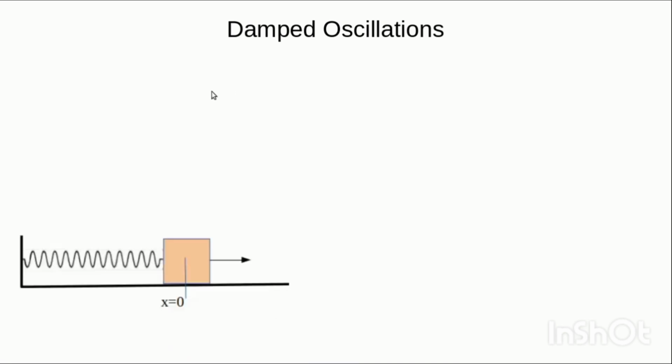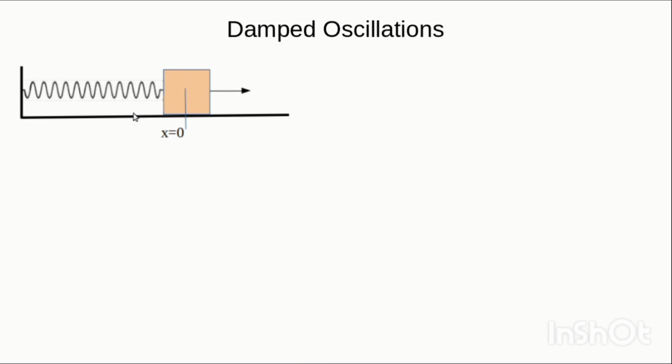So we'll start with this diagram. We have a block that is connected to a spring. Now, this spring, when it is unstretched or not compressed, its original position is x equal to 0. So when you apply a force in this direction, just like in our previous video, we'll have what we call the restoring force, which tends to bring it backward. And because damping is involved, there is also the damping force, which will also oppose this motion. The damping force could be as a result of friction or other forces that can be a result of the